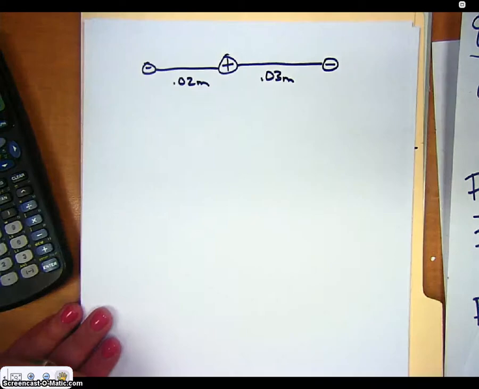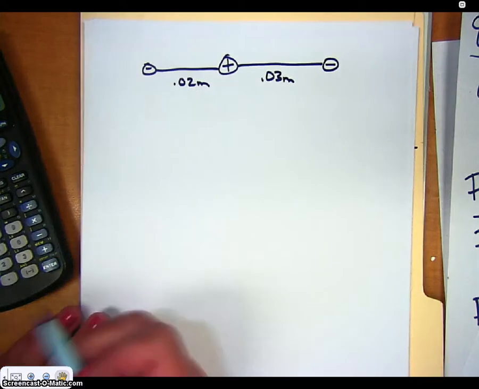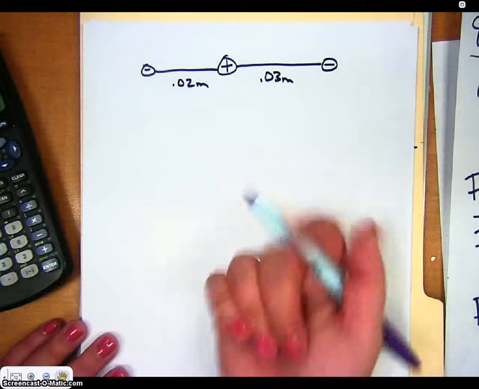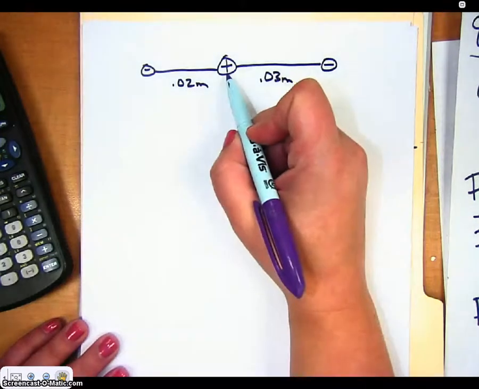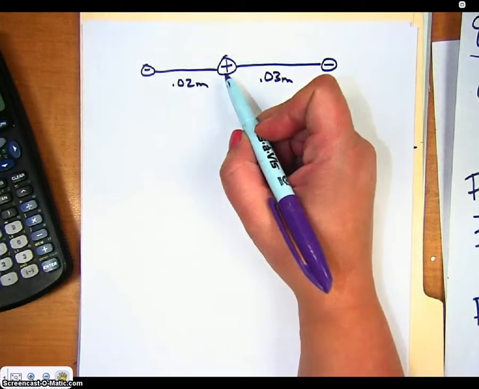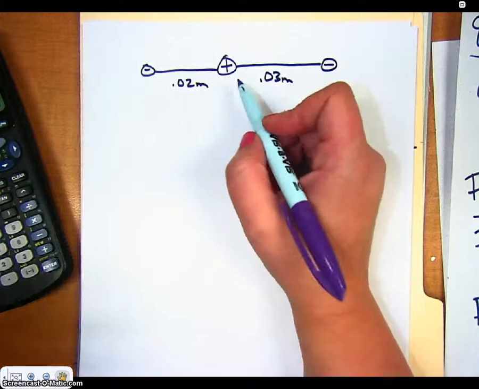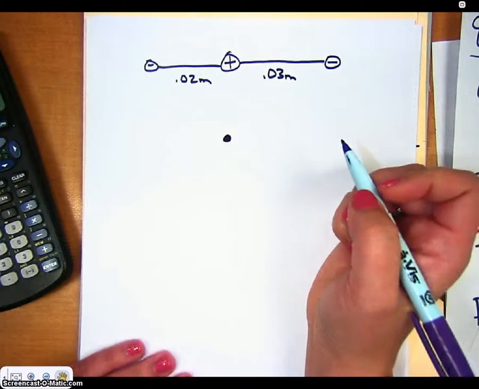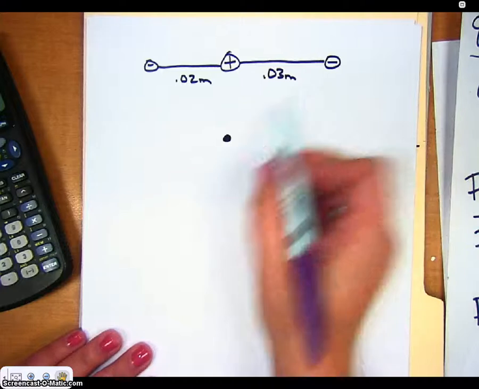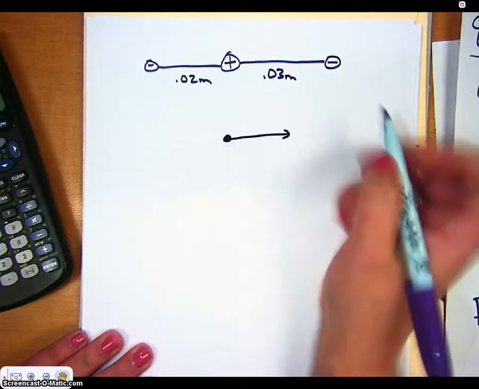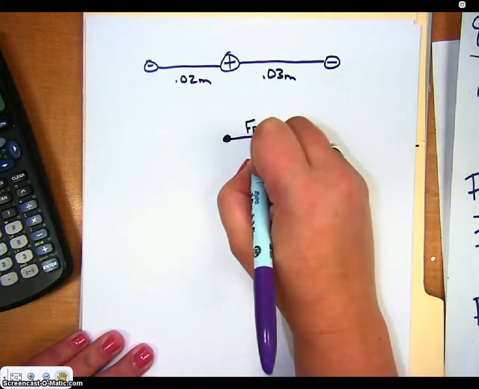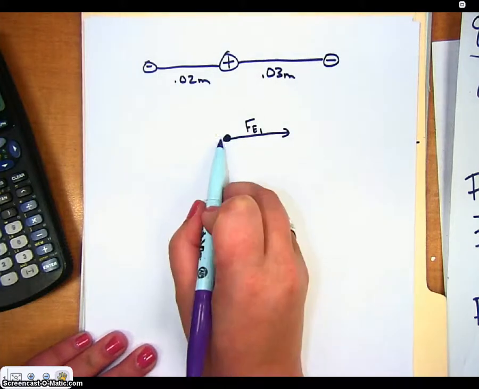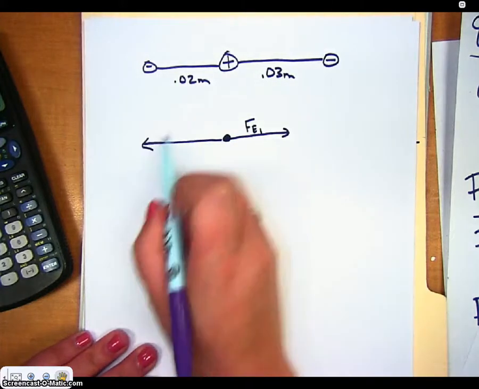Now, if I were to draw a free body diagram for this situation, what you do is you put yourself in the position of the charge in question. So if I want to know which direction the proton is going to go, I would put myself in the position of the proton and then draw the forces relative to that proton. So as a result of this electron, the proton is going to want to be pulled to the right. We'll call that force electric 1. And as a result of this electron, it's going to want to be pulled to the left, and I'll make that vector a little bit longer